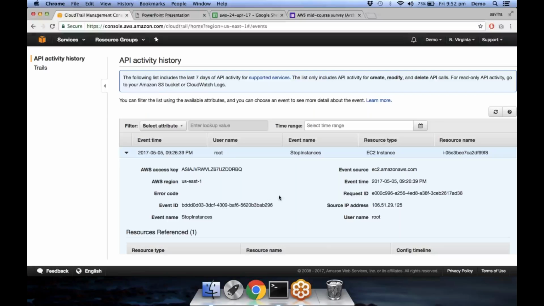One more important piece of information is the source IP address. This is the IP address from which this action was initiated. This can be very important. For example, even if it is internal, the IP address will tell you where this person was. If it's an external IP address, let's say it's a police case,